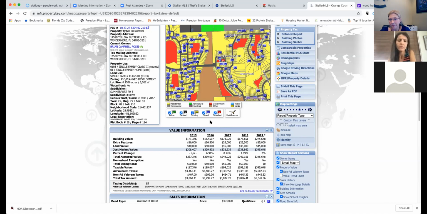So properties are either plat book, or they're either metes and bounds, which you've seen those very large legal descriptions where it goes, you know, point of beginning, run south for so many feet, and so on. But we have a lot of neighborhoods